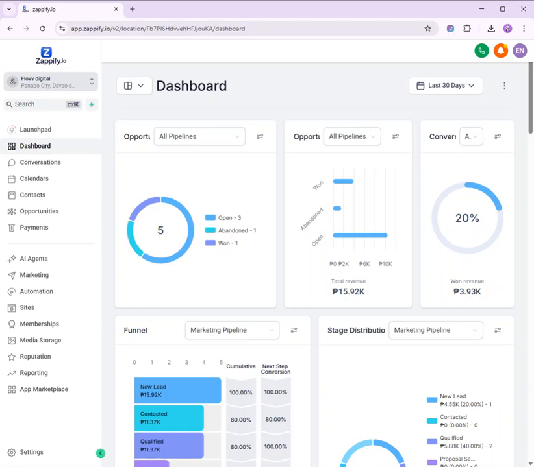So hi guys, for today's video we're gonna learn about how to create and send email campaigns using the Zapify.io email marketing tool. So first, go to marketing,